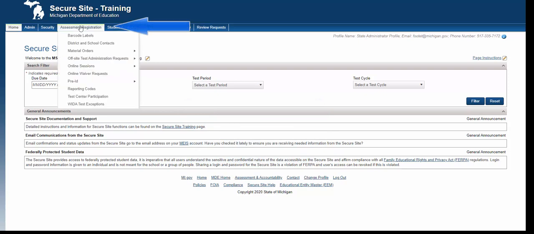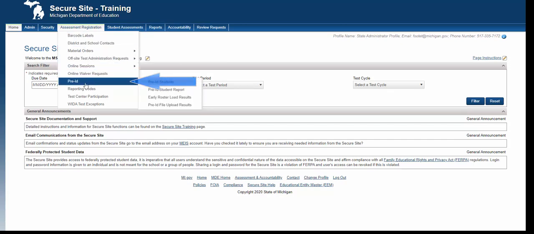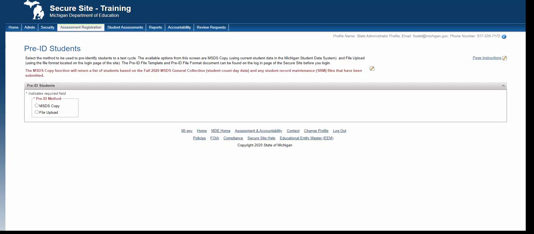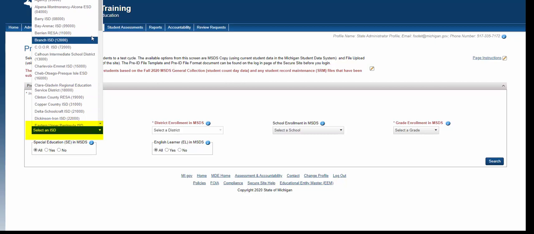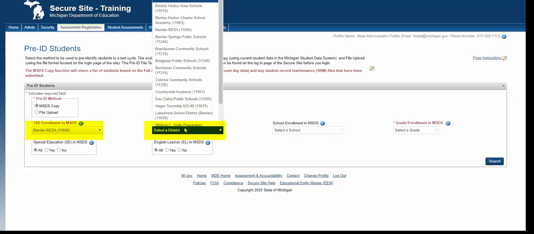Let's get started. Once logged into the Secure Site, from the Assessment Registration menu, click on Pre-ID and then Pre-ID Students. Once on the Pre-ID Student page, select MSDS Copy by clicking in the radio button. With the filters now displayed, select the ISD, select the district,